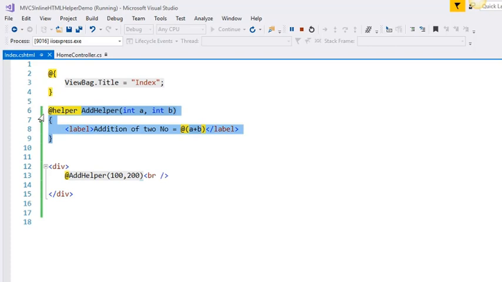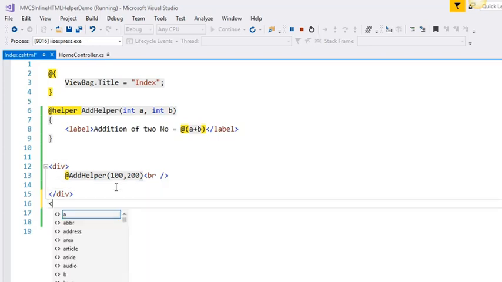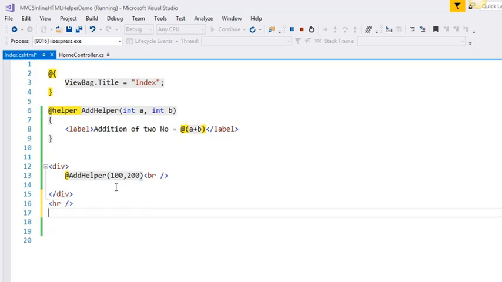This is the inline HTML helper, and we can use this helper within the same page. We cannot use this HTML helper in different view pages. It is a reusable view. For example, I want to use it in a different div tag. Create one div, and I will provide some ID here, so I can say the ID is div 2,